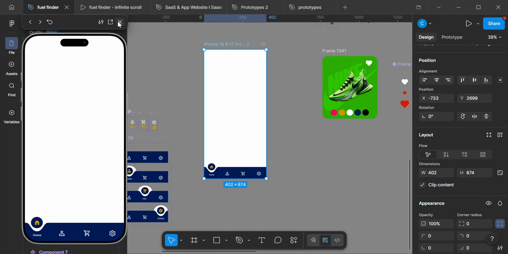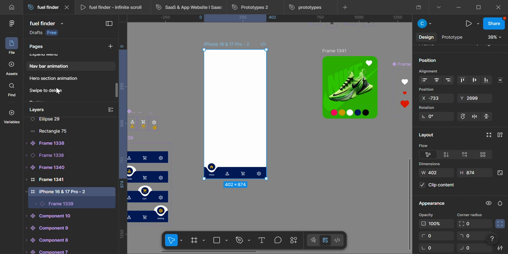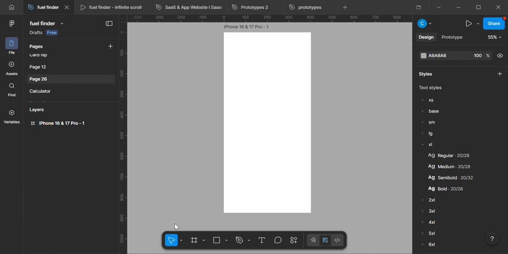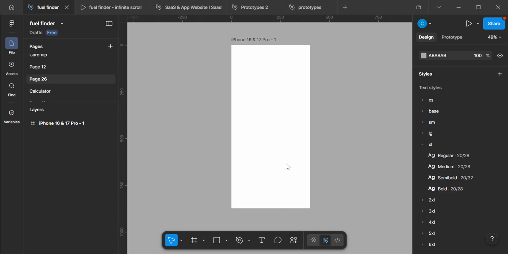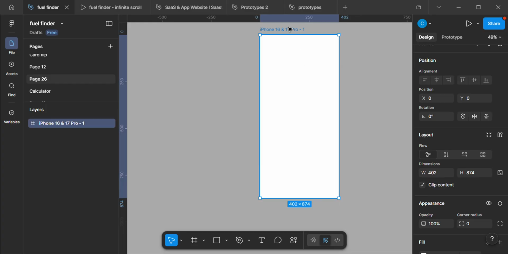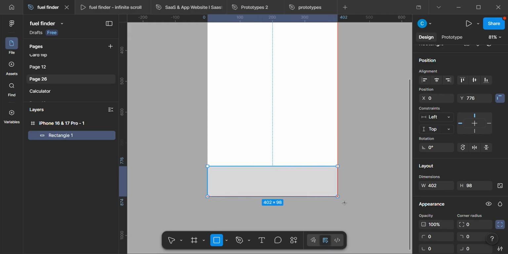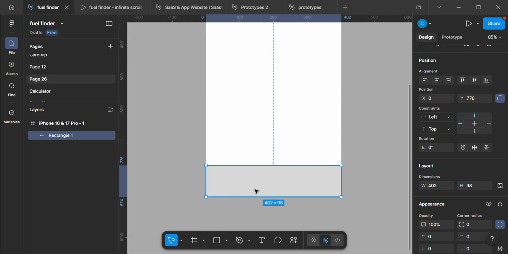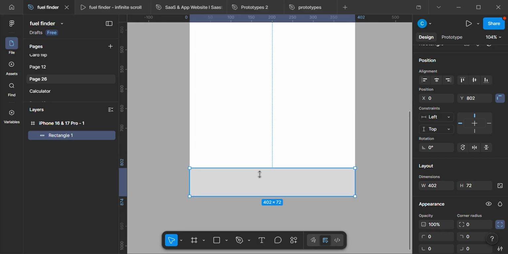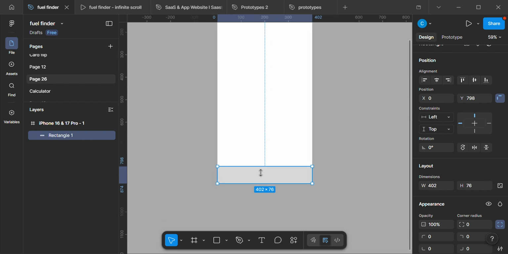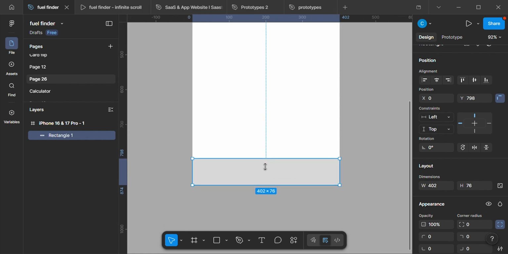So this is how we're going to do it. I created a new page for it. So I'll have my frame first, not my rectangle. Inside that frame I'm going to create a rectangle to measure the size of that frame. So I'll draw a rectangle like this. Just have something like this. This rectangle I'm going to be using to create